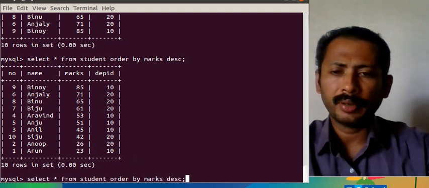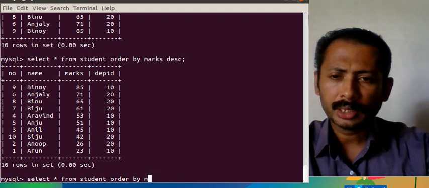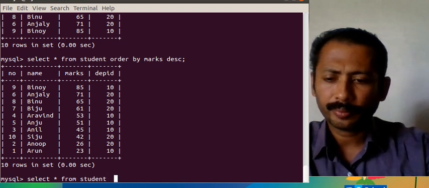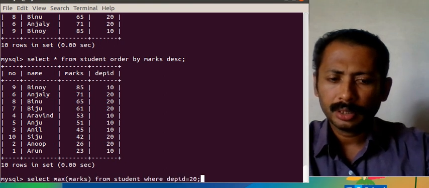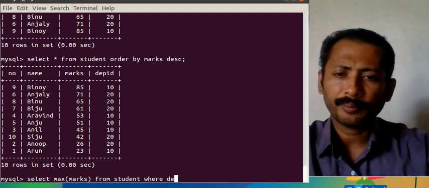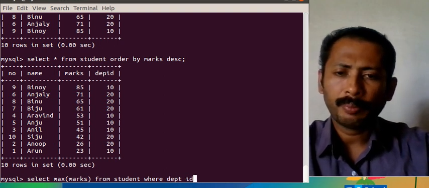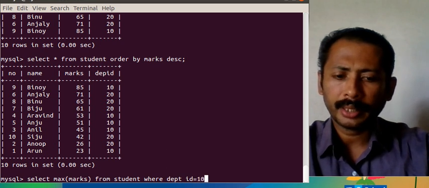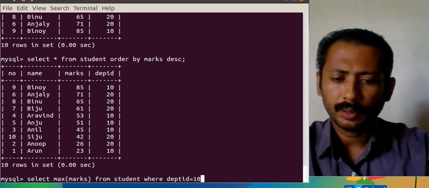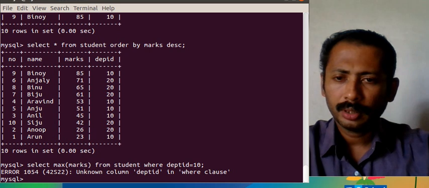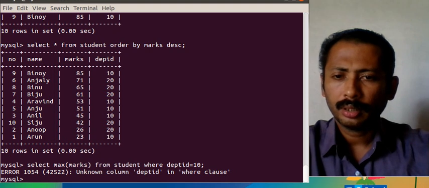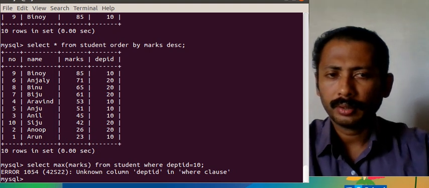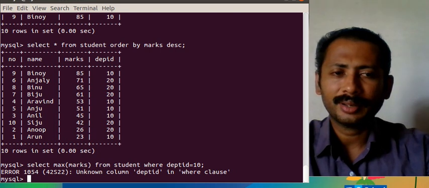That is, if I am giving select star from student, or select maximum marks from student where department ID is equal to 10. What happened? Select max marks from student. Okay. For that we have to go for this